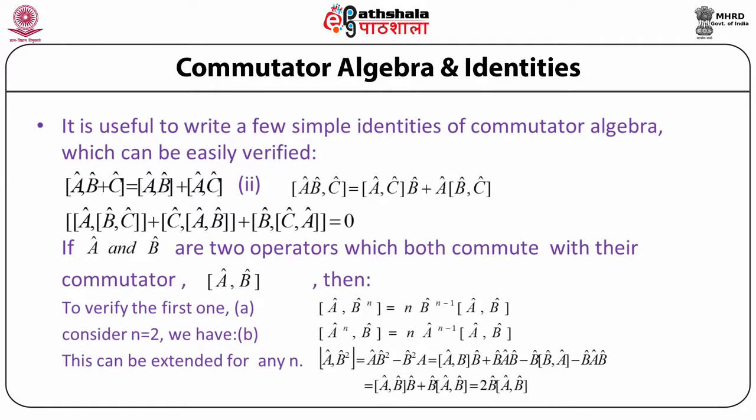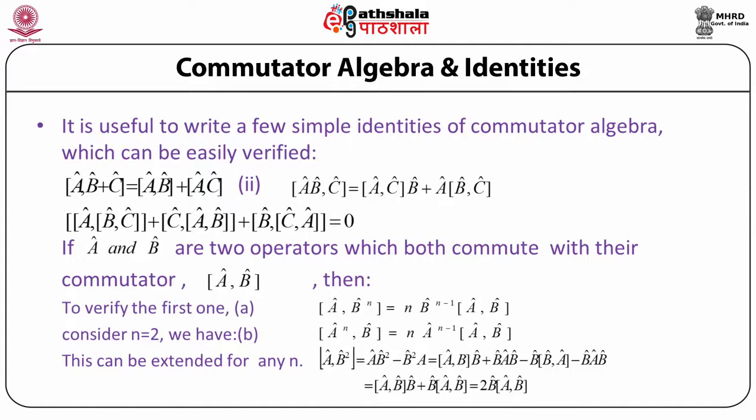Now, if we try and verify the first of these two relations, for n is equal to 2, we can write equation A as commutator of operator A with operator B whole square is equal to operator A times operator B square minus operator B square times operator A, and this is equal to commutator of operator A with operator B times operator B plus operator B operator A operator B minus operator B times commutator of operator B with